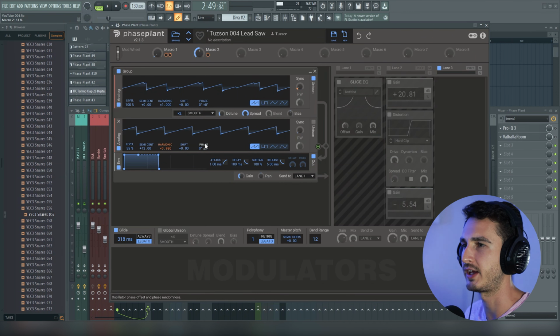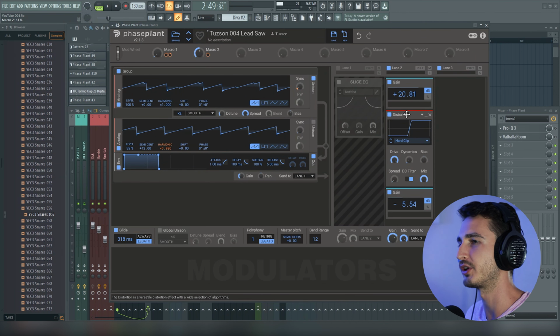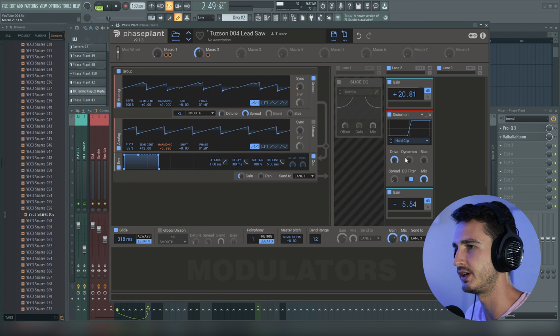So the key to this whole sound though is definitely the distortion. I'm really cranking the gain through this distortion here. I'm putting the drive all the way up. It's on hard clip, which is a pretty extreme style of distortion. So with all this,